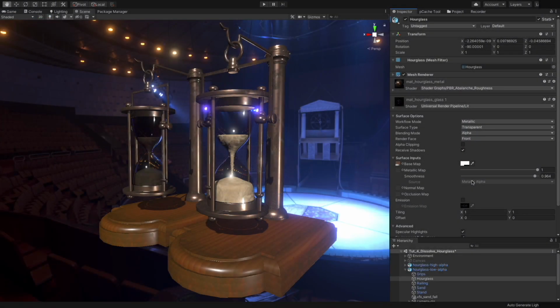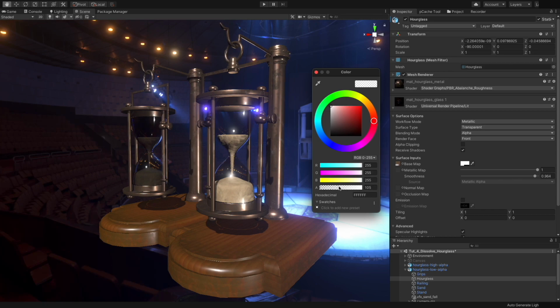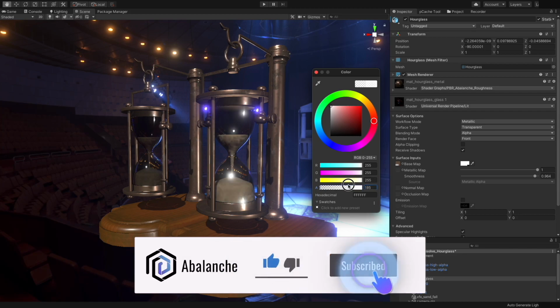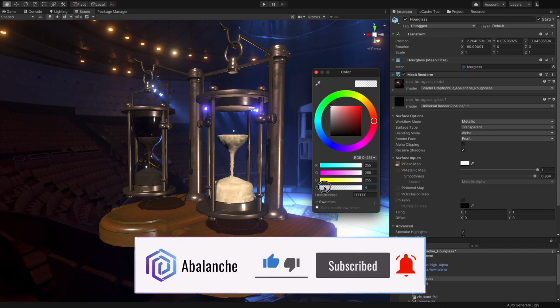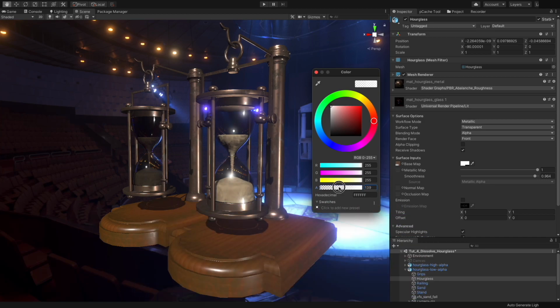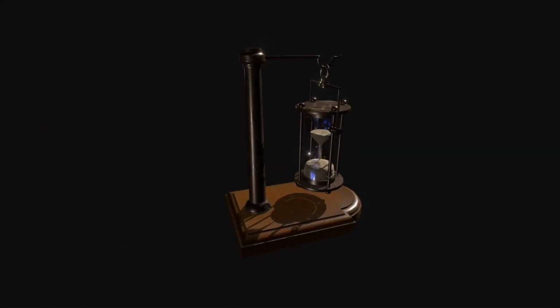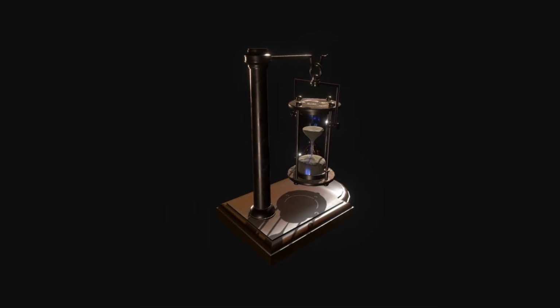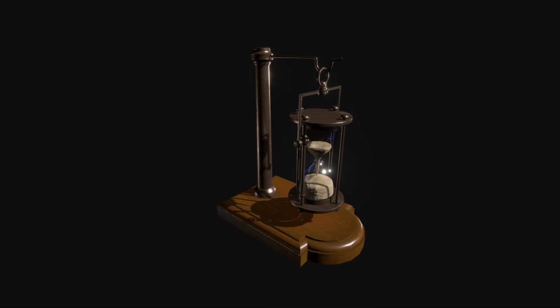On the screen, I put two identical hanging hourglasses side by side. The front one has low alpha values so that you can see the sand inside through the glass layer. On the other hand, the hourglass on the back uses high alpha values and you can hardly see through the glass layer. You may see that this setup is used quite regularly when we want to render glass, bubbles, or windows.